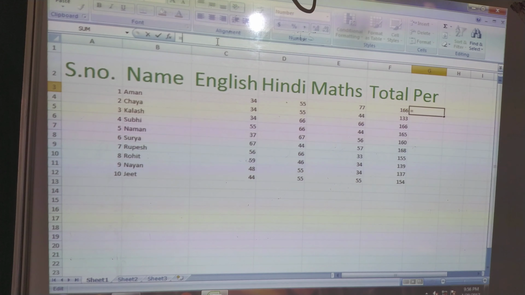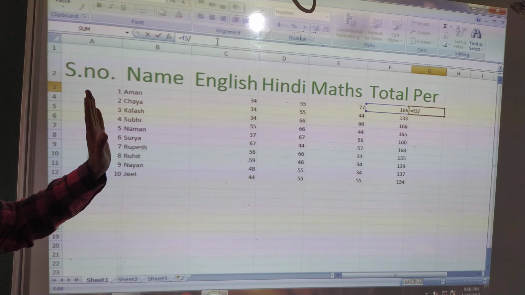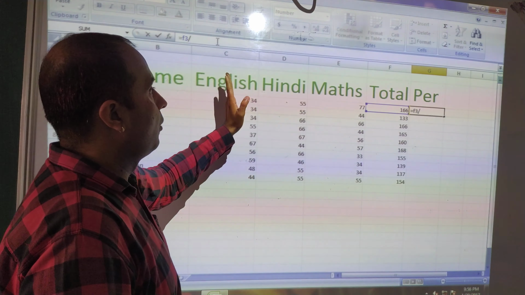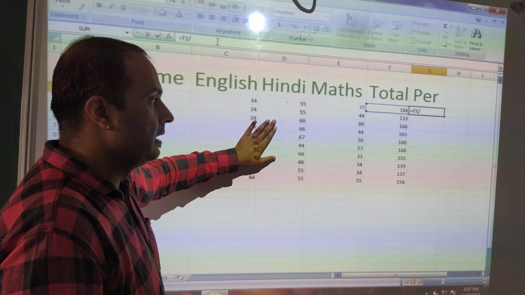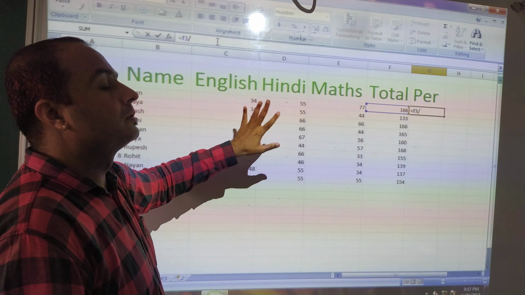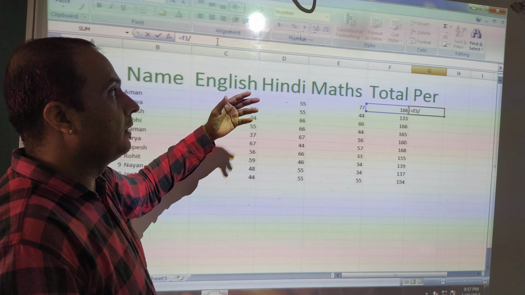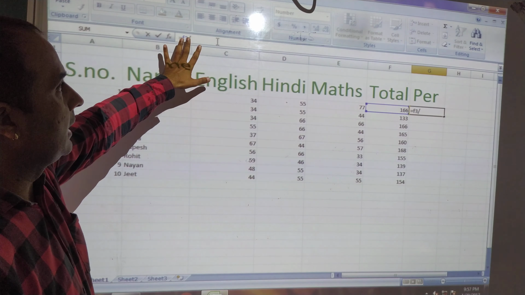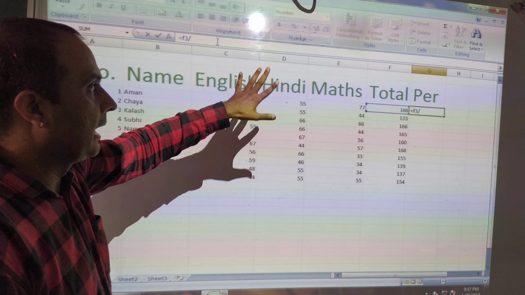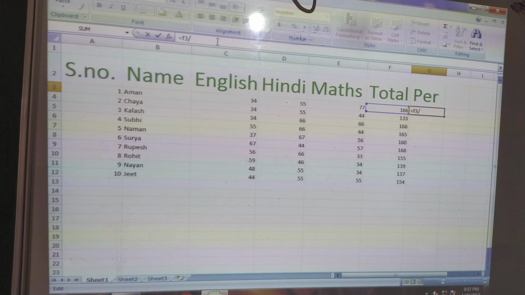So we write F3, and then we use the slash sign, because how many subjects are there? Now 1, 2, 3 subjects are there. If the marks are out of 100 or out of 50, then you have to put the total here. So equal F3 and then slash, and then we write 300.